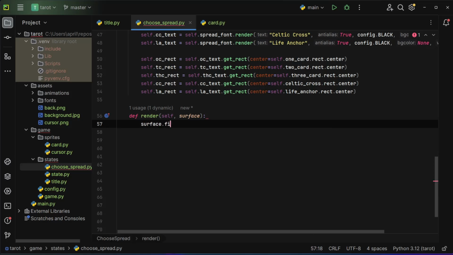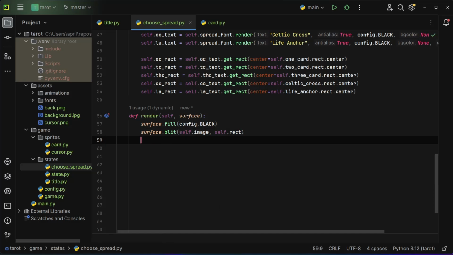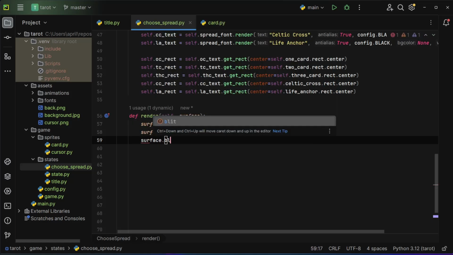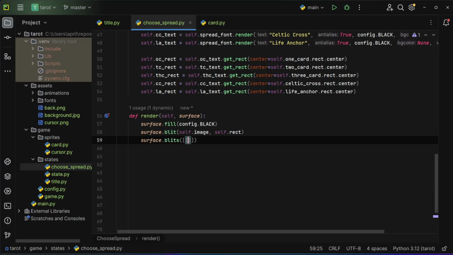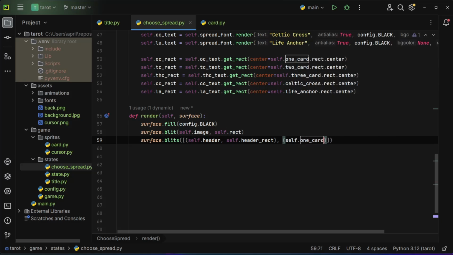We'll do surface.fill(config.black), surface.blit(self.image, self.rect), and then surface.blit(self.header, self.header_rect), self.oneCard.image, self.oneCard.rect,